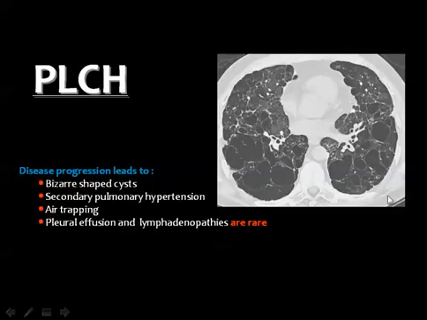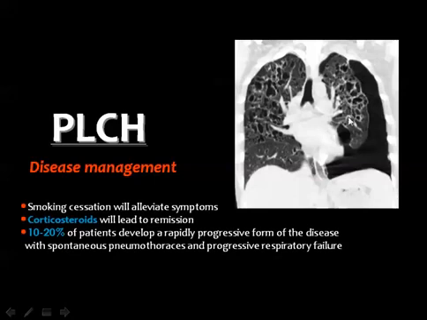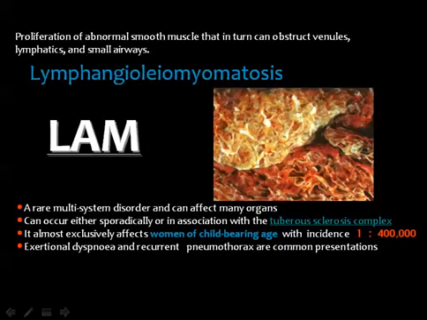Then, as the disease progresses, it will lead to destruction of the lung. And this will lead to bizarre shaped areas of cystic changes, pulmonary hypertension, and air trapping. Pleural effusion and nodes are relatively rare. And one of the complications of histiocytosis is rupture and the development of pneumothorax. The main line of treatment is to stop smoking. Then you give corticosteroids and so on. The second one is